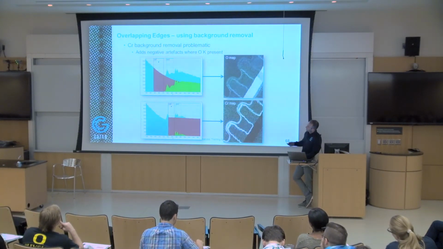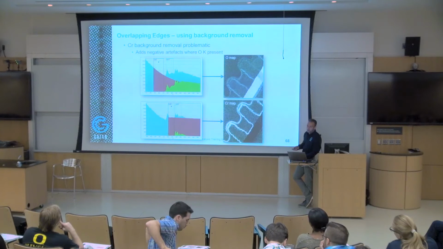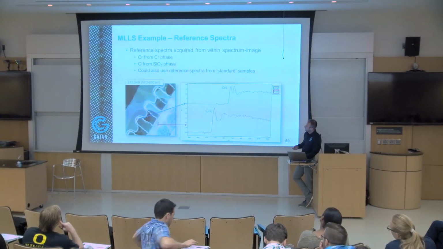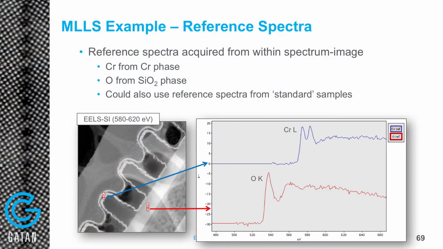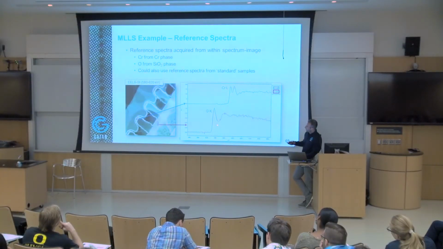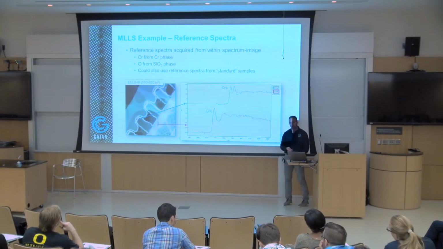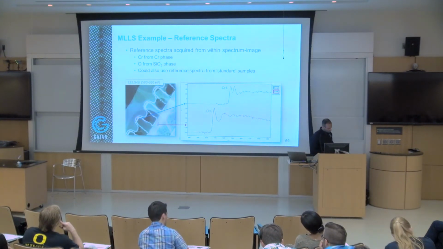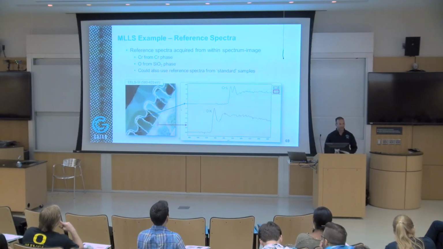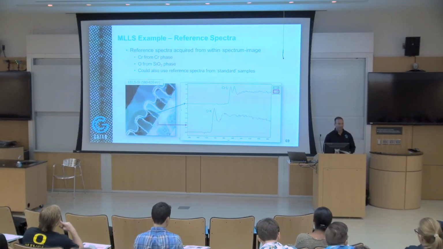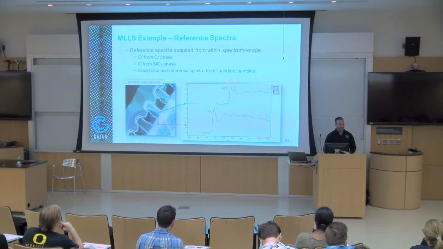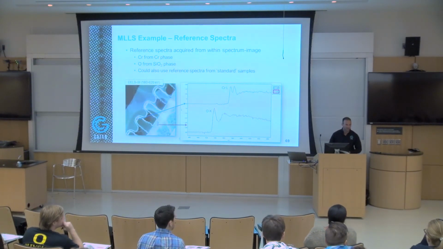So we want to be able to separate these two components, and for that we use MLS fitting. If you move around the sample, you can find different areas: an area where there's pure chromium, and an area where there's pure oxygen. Or you can use the database in the EELS atlas. We're working on improving the EELS atlas, and you can submit your spectrum on eels.info, and then in theory we are supposed to put it in the software. I'm saying in theory because